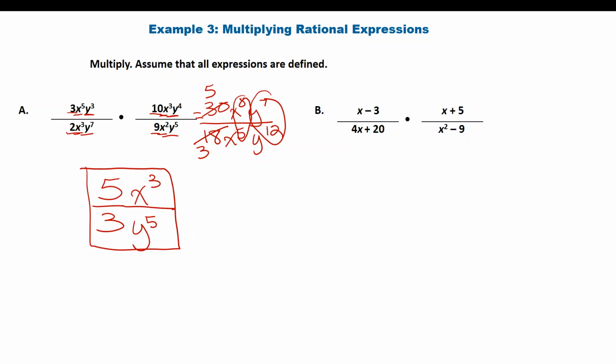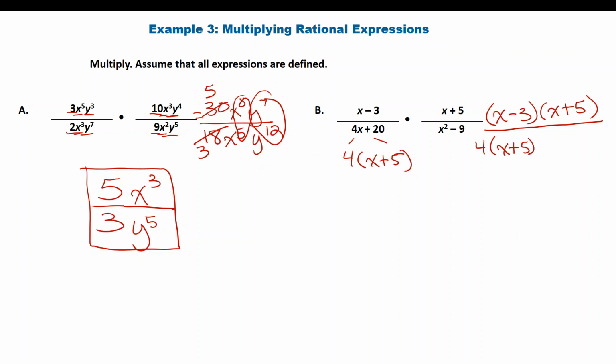B is a little bit different. We're going to go ahead and multiply everything out. So x minus 3 times x plus 5. And let's look at the bottom in our denominator. 4x plus 20. I see that I can factor that. So I'm going to go ahead and factor that by taking a 4 out, and that leaves me with x plus 5. So I'm going to go ahead and put a 4 times x plus 5,